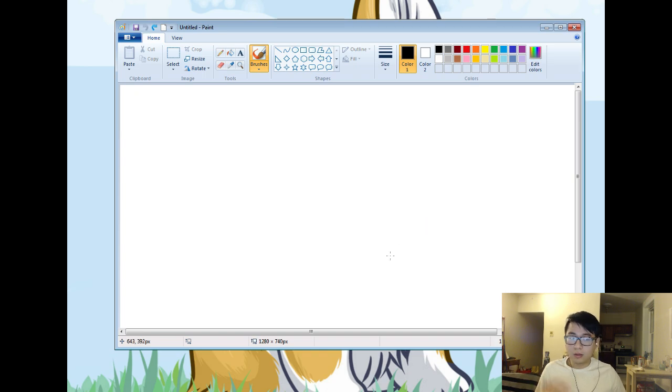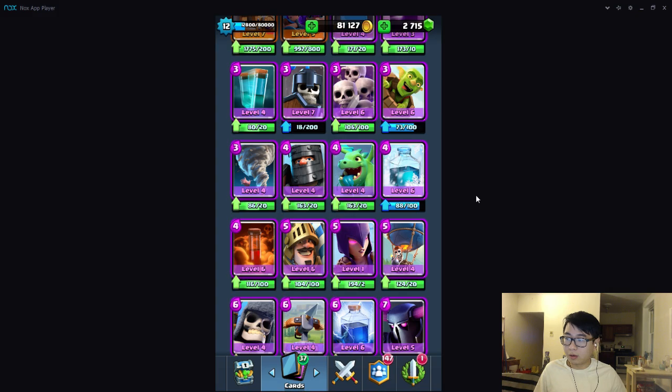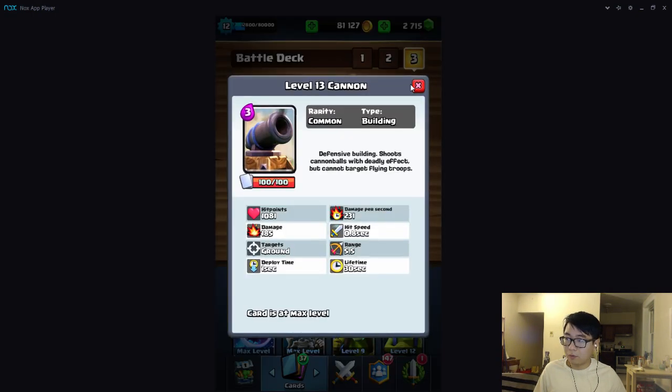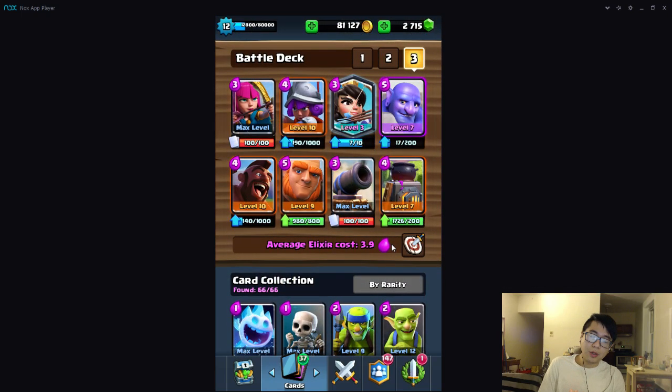But then, alright, let's talk about buildings. What about cards like the Furnace? What about cards like Cannon? What about cards like Tombstone? Well, buildings and spawners are a little bit different. Spawners are typically always going to be better. You don't drop Cannon as a stagger card,